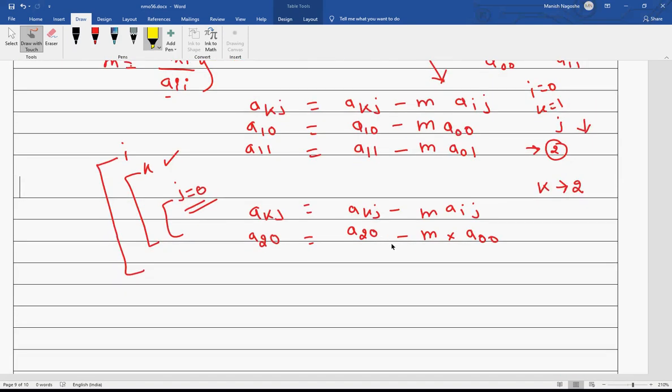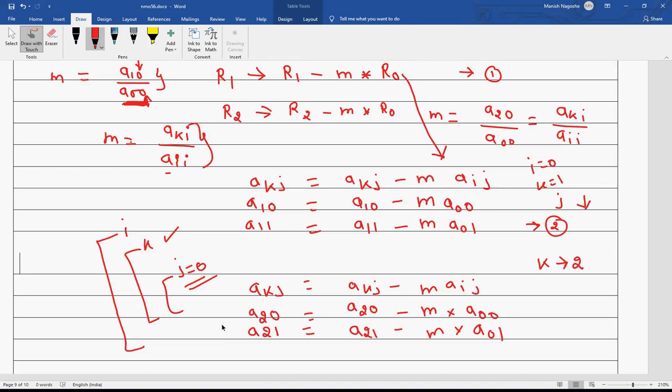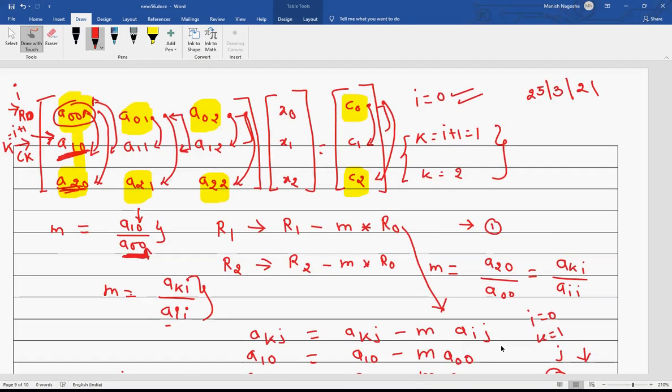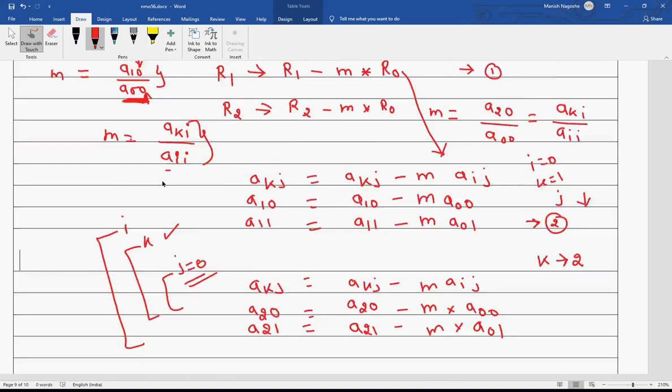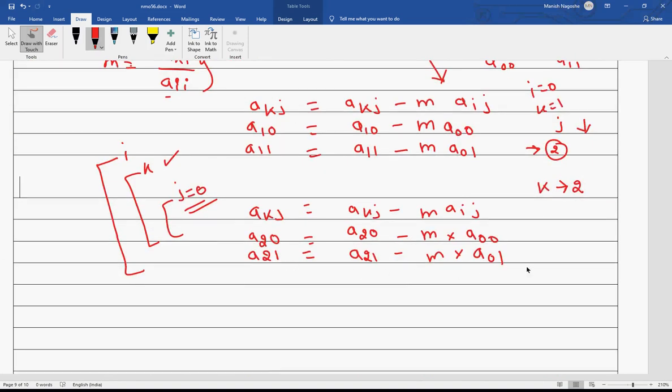That is the role of J. You can put the value of J and immediately see that I am going to have A21 is equal to A21 minus M into A01. If you see this carefully, A01 and A21 are the two values, A21 and A01 into M. In this way my J is going to vary.